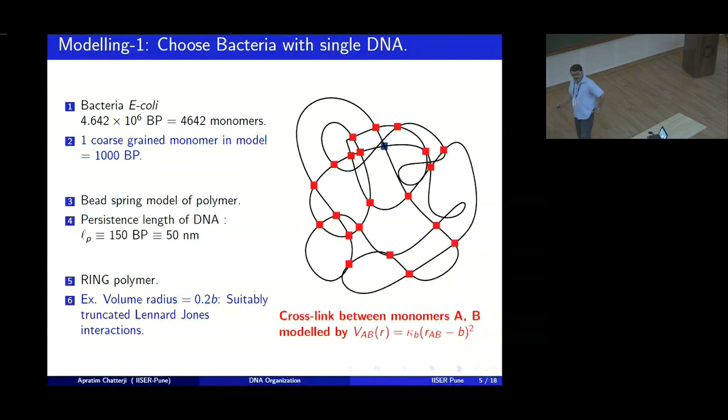So I look at DNA as a polymer. In particular, I took the E. coli DNA and another bacterial DNA, Caulobacter crescentus. They are known to be ring polymers. I can use the bead spring model of the polymer chain. I can consider it to be a flexible polymer chain because basically there are 4 million base pairs which I model as 4642 monomers. So one coarse-grained monomer in my bead spring model corresponds to 1000 base pairs, which is well above the persistence